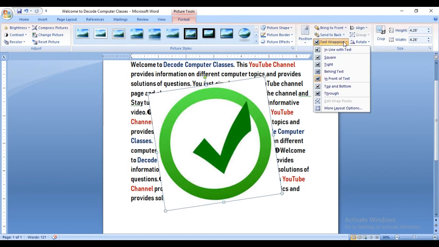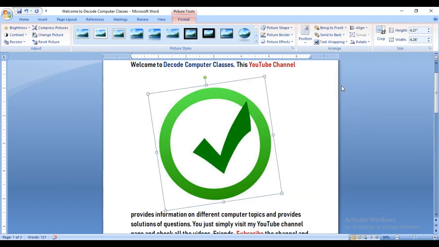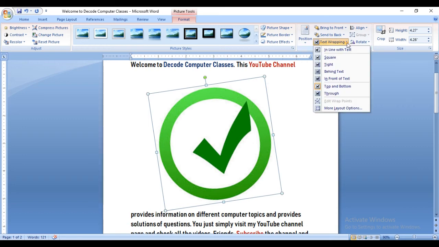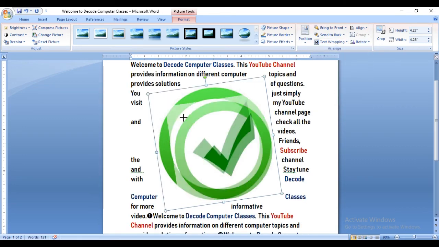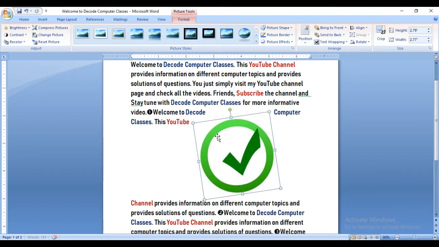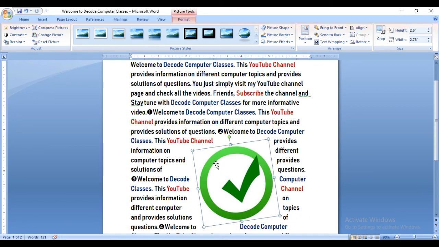And the next is top and bottom. You can go for this option and use it like this. As you can see, this feature is actually used in most of the books.